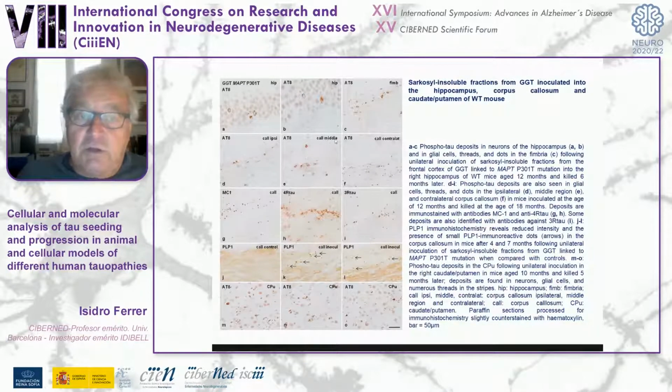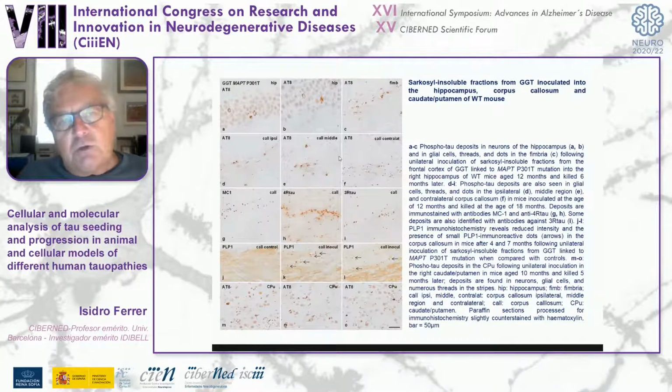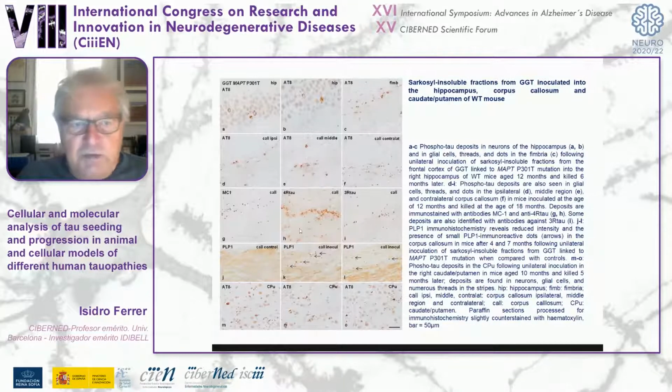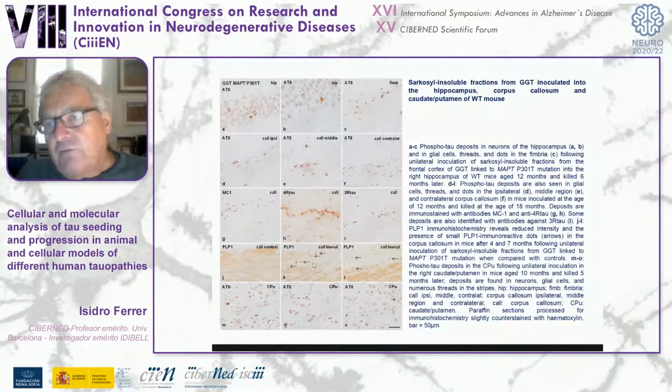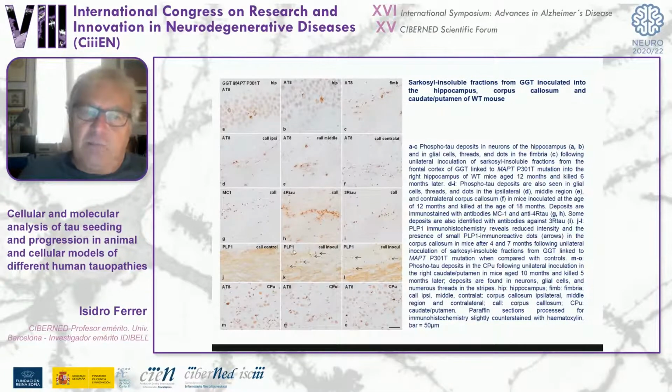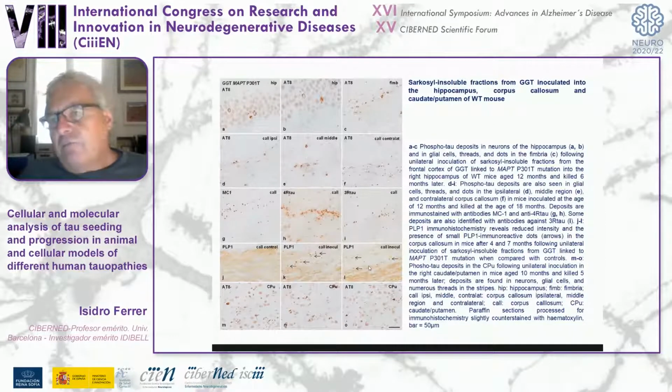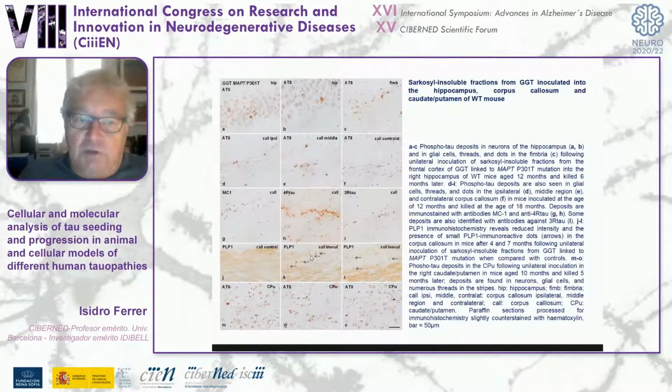Then the inoculation of this abnormal tau produces a similar pattern in this animal. This is almost the same. There is a localization in neurons, in glial cells, but only in neurons in this case. This is 4R tau and 3R tau. The involvement of the corpus callosum results in an early alteration of myelin. For example, PLP1 is a protein marker of myelin, and this is an alteration. These are small globules of PLP1